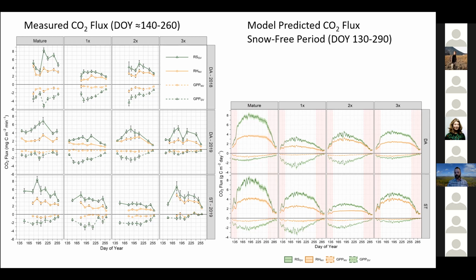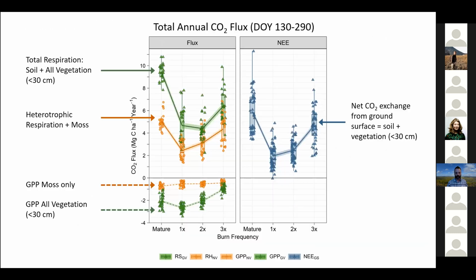Using some values from the literature, including soil temperatures, we developed a mixed model that allowed us to estimate flux at hourly intervals. That's the figure you see on the right, and it matches up with what we observed in the measured fluxes quite well. This was based on using soil and air temperature as predictors, and that accounted for approximately 74% of the variance in a pseudo R square.